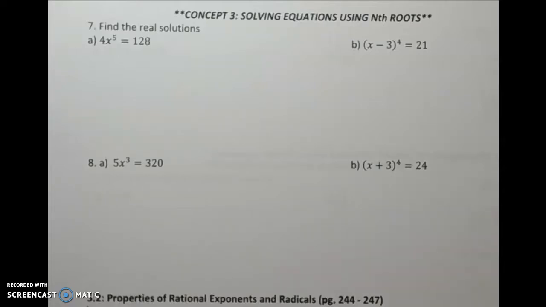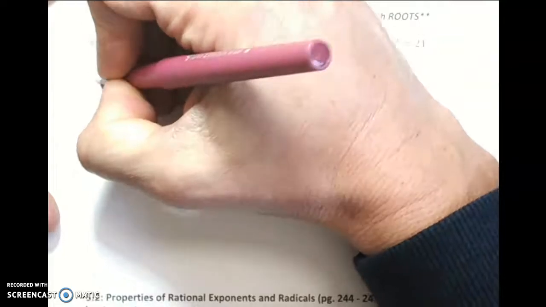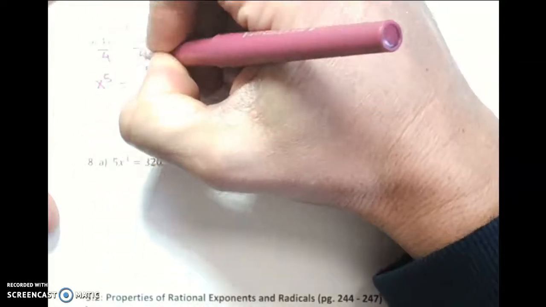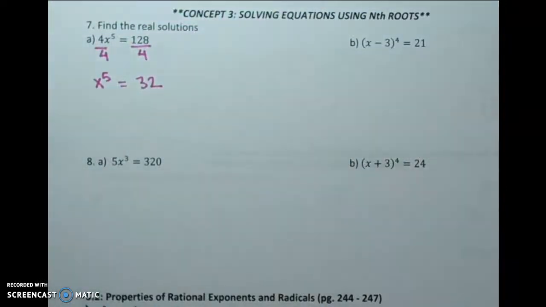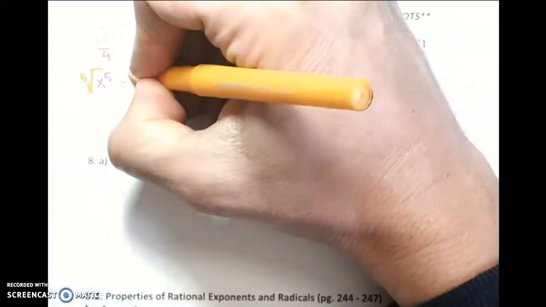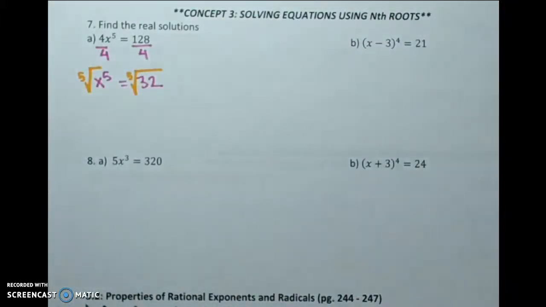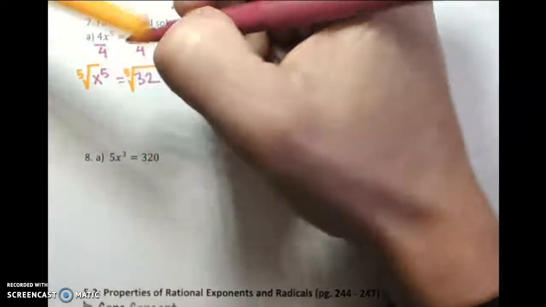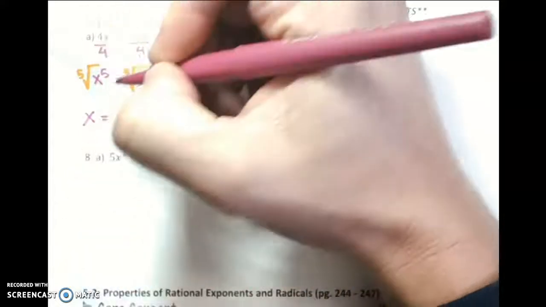So in number 7a, what you want to do to solve for x is first isolate that variable. So you're going to divide by 4 to both sides of the equation, giving you x to the 5th power equals 32. Your next step would be to get x all by itself by taking the 5th root of x to the 5th power. But if you do it to one side, again, you must do it to the other side of the equation. And what that does on the left-hand side is that cancels the exponent, leaving you just with